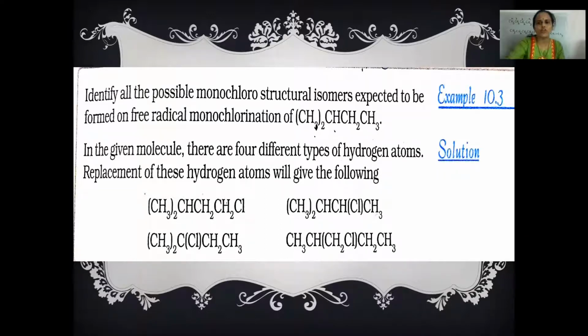I'm just showing you the total number of replaceable hydrogen atoms. You remove those hydrogens and replace them with Cl. I'm writing the compound here on the board. Only the compound I'm writing; products you will write. It is CH3, CH, CH3. Remember, carbon is tetravalent in nature. Whenever you write the structure, carbon should fulfill its tetracovalency.